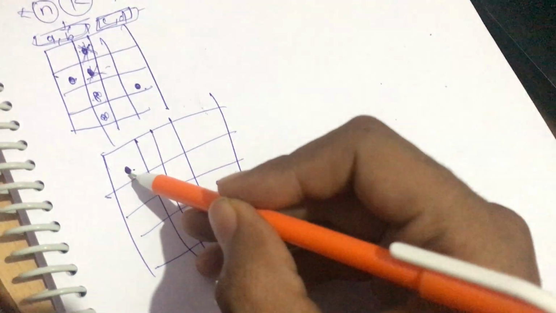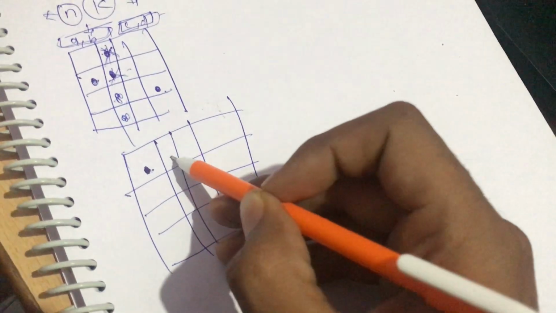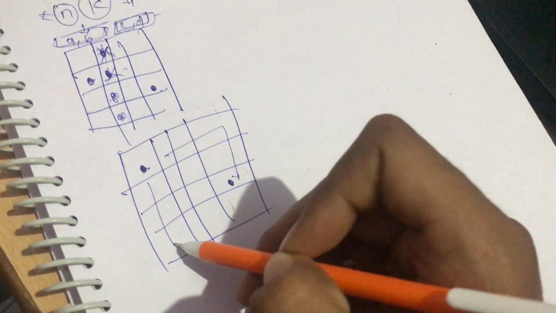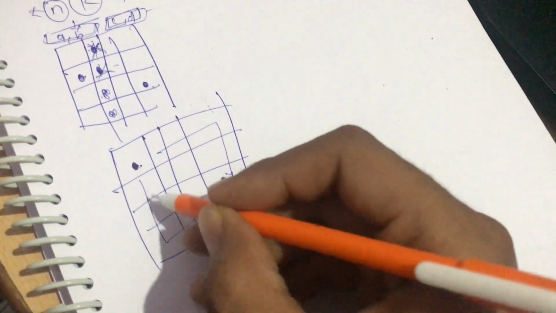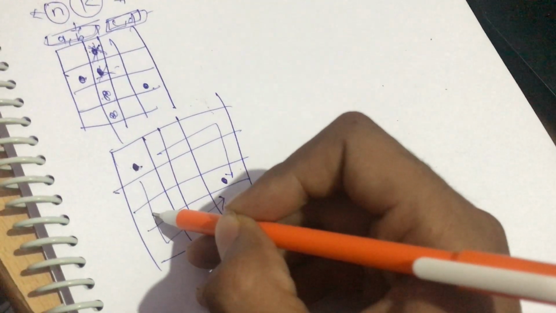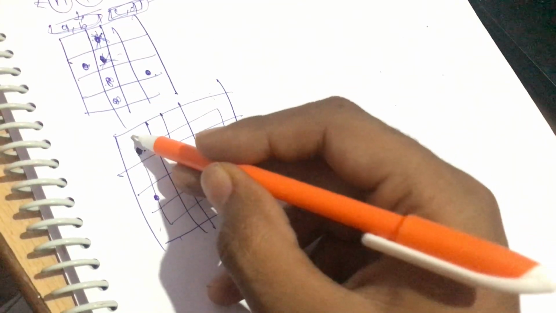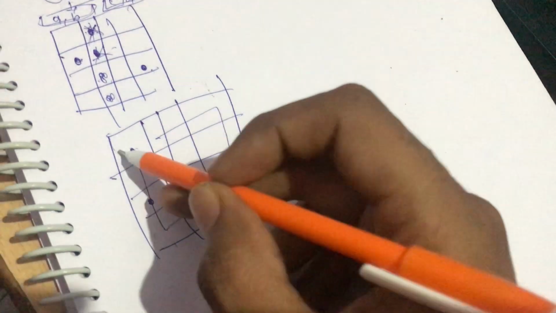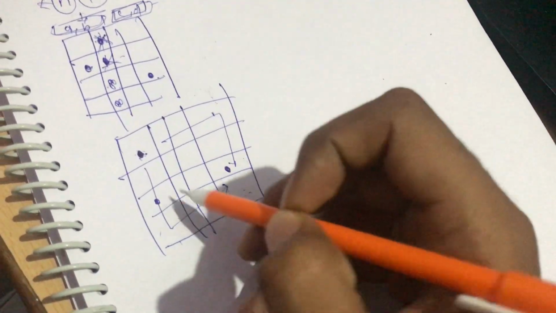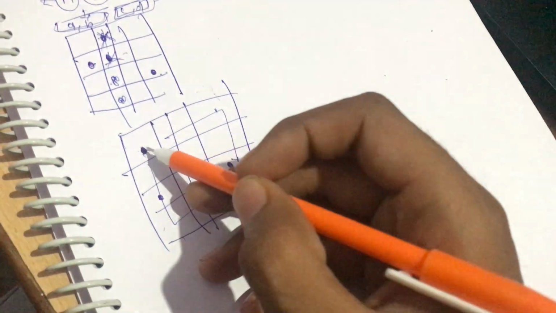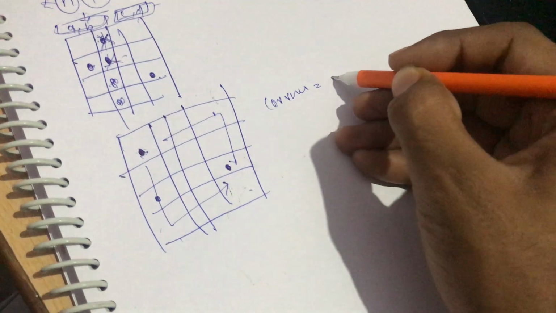What are the paths this person has in order to reach the other person? He can only go through two paths, one is this, another is this. These two are the only adjacent paths. I'm talking about all the corners: from every corner you can only have two paths to reach the other person. So for the corner, you can only have two paths.